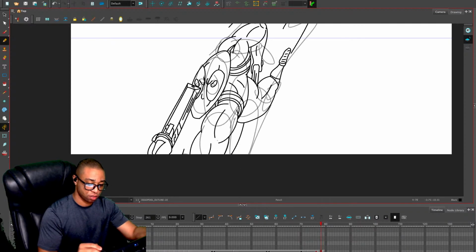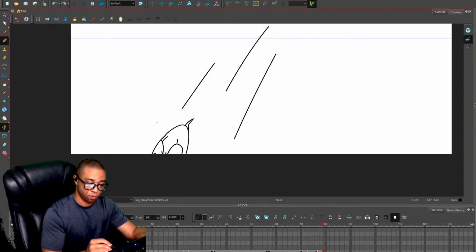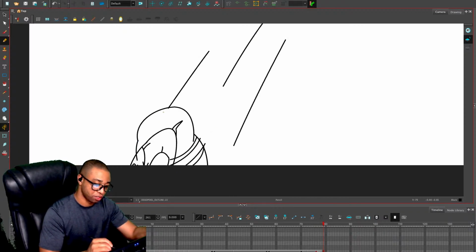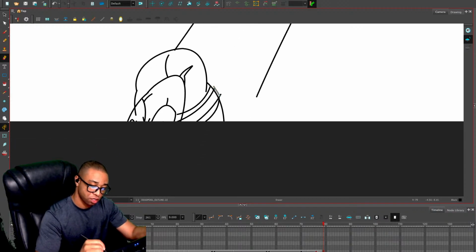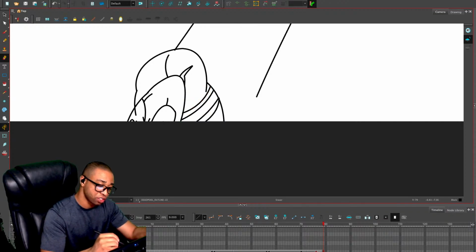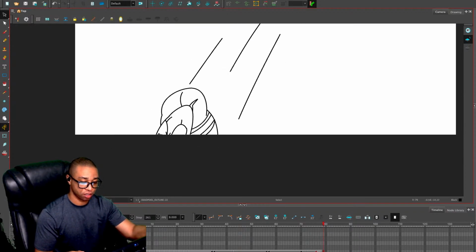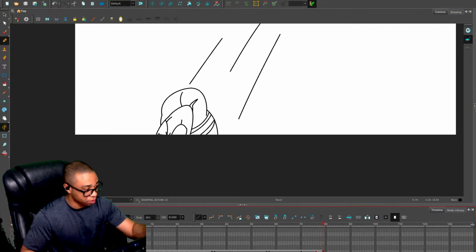And then maybe like his back, just something. I think it would be a disservice to not have some kind of motion going through. And then as we finish this and get to the last drawing, there's always room to go back in and add to it, take from it, whatever.